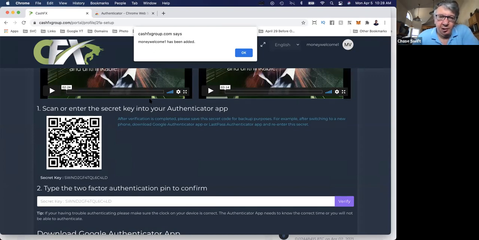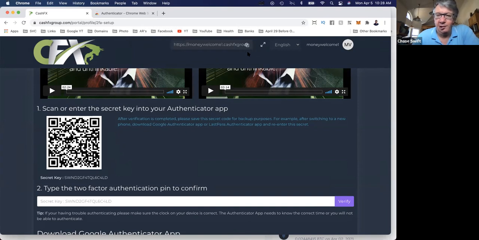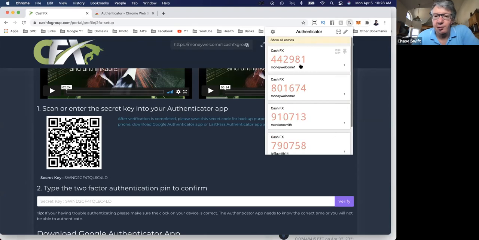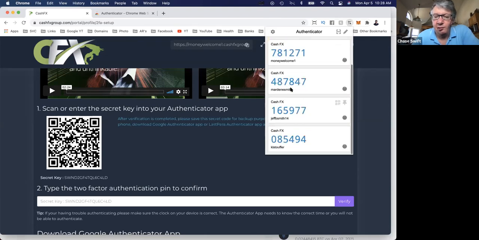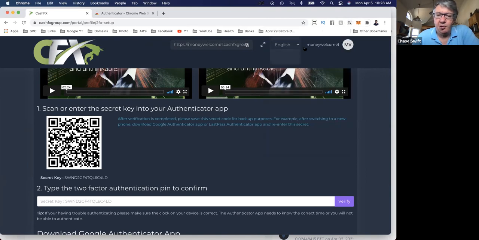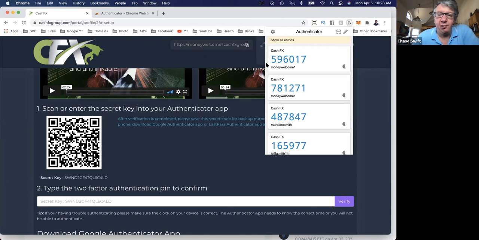So it's hard to describe. I hope you saw that. The screen goes mostly gray, and you have a little crosshair, and you draw a box over the QR code. Now, CashFX is reporting that this account, Money Welcome One, has been added. Okay, and click OK. That was the process. What it's done now, down at the bottom, is actually up at the top. That's really interesting. I think it's just replaced it for this one. But this is the account. You can see it, Money Welcome One. And so the account for the Google Authenticator is right up here, Money Welcome One. It's generating the number